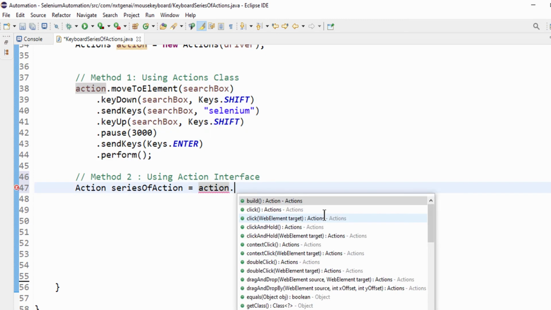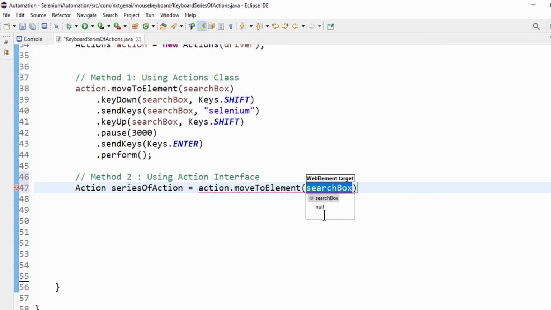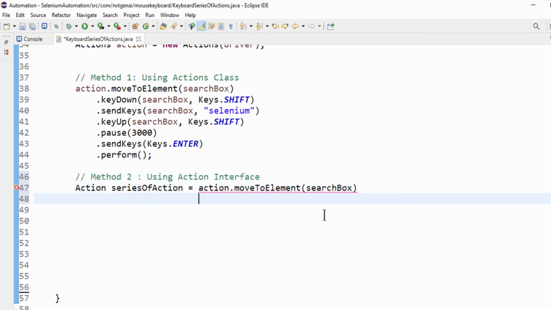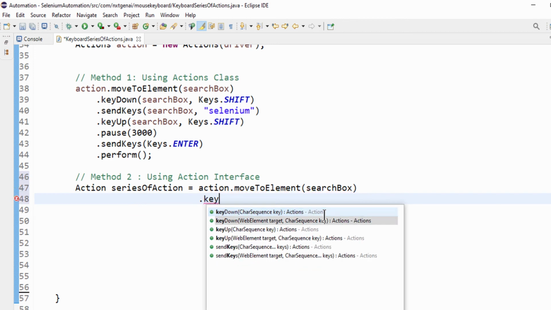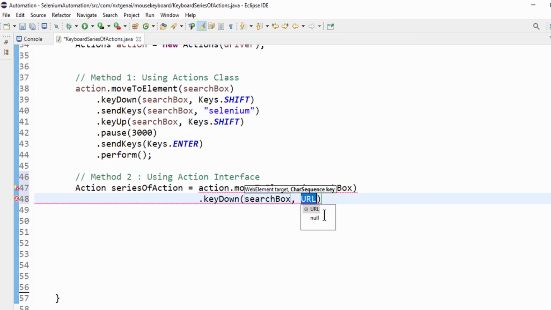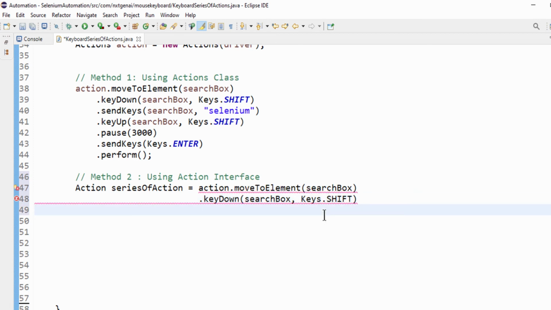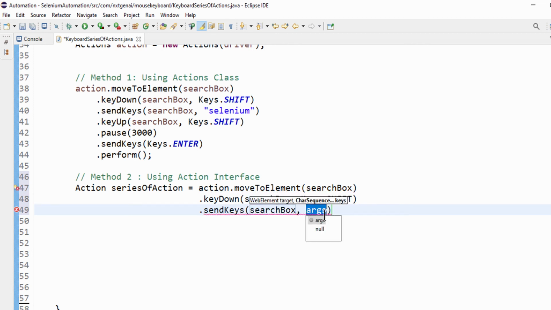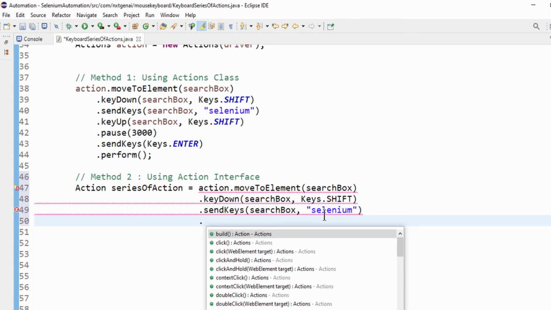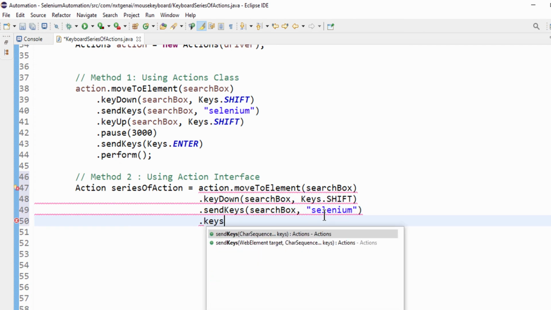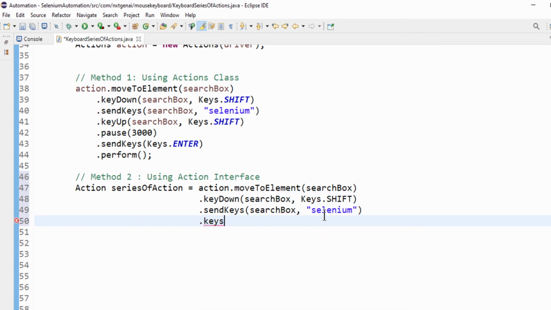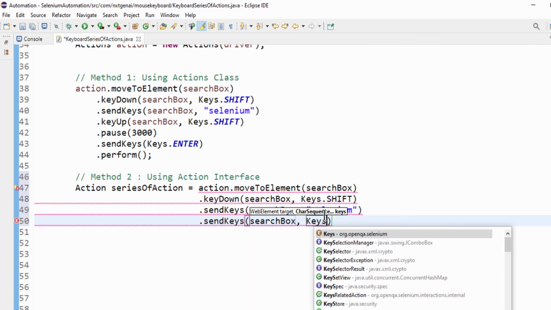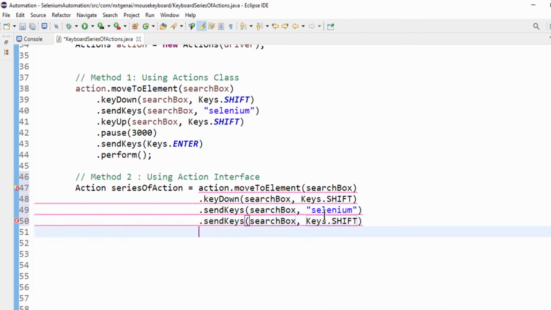Actions dot moveToElement(searchBox), dot keyDown(searchBox, Keys.SHIFT), pressing the Shift key, then you want to enter the value in the search box, selenium, then dot keyUp, removing your finger from the Shift key, so searchBox, Keys.SHIFT.